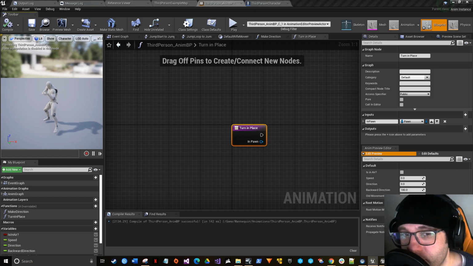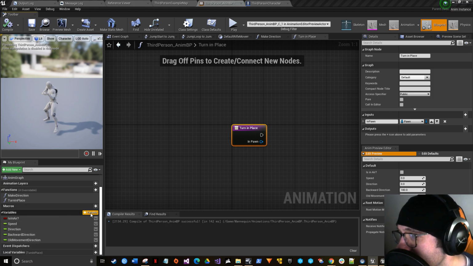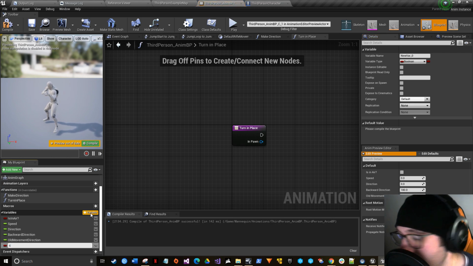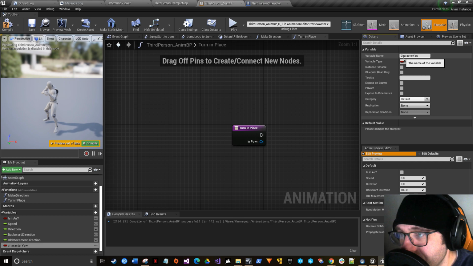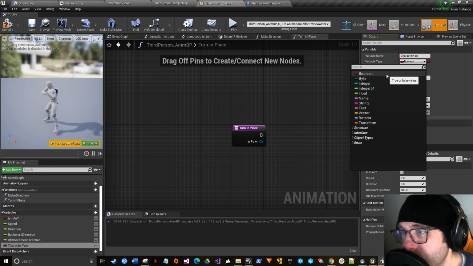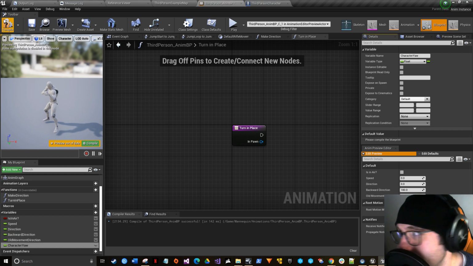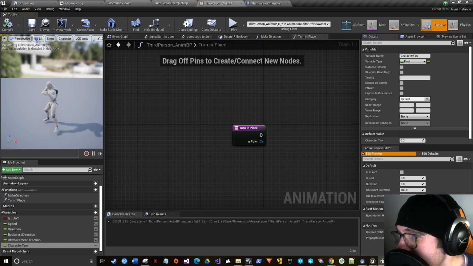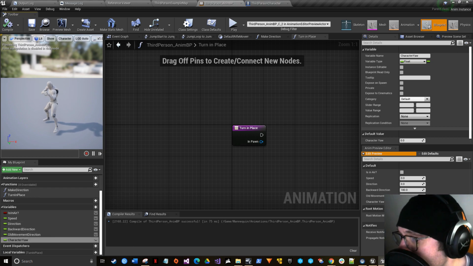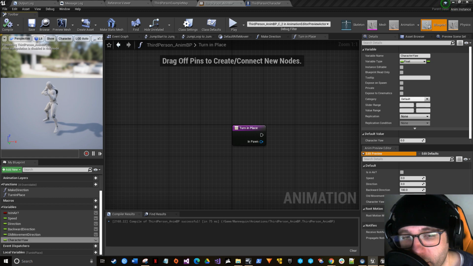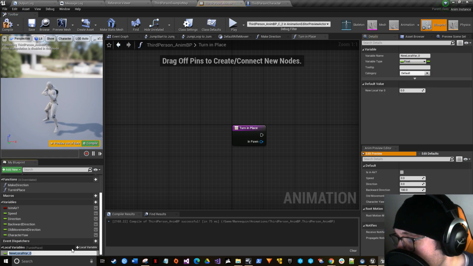Okay, so what we first need to do, we're going to need to make a few variables. Let's go ahead and start off with one that's going to be our character yaw. So do the little plus. And you can change the values at either spot. But we don't want this to be a Boolean. We want it to be a float. And that is a member variable. Okay, and then what we want to do next is make, I think it's going to be a local variable. Yep, local variable called character